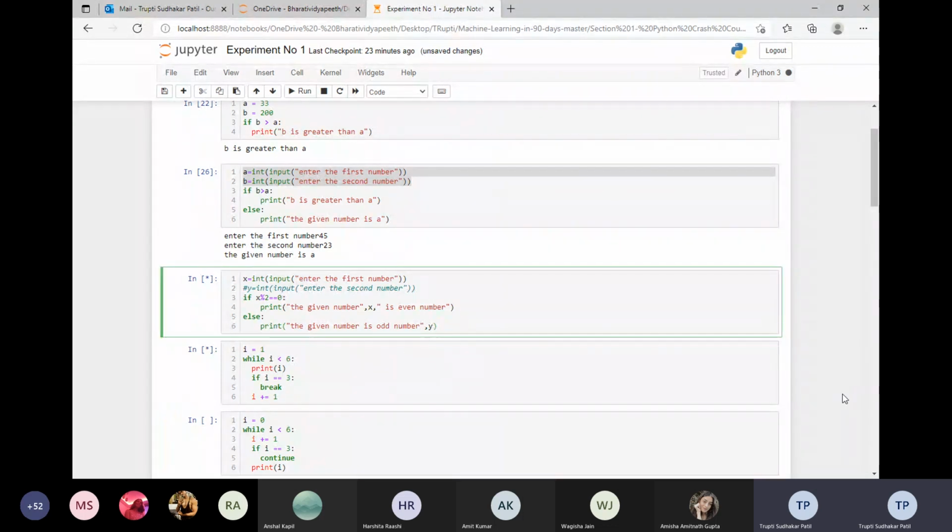Sorry, the program should take number X, not Y. Why should it be like that? Let's stop.